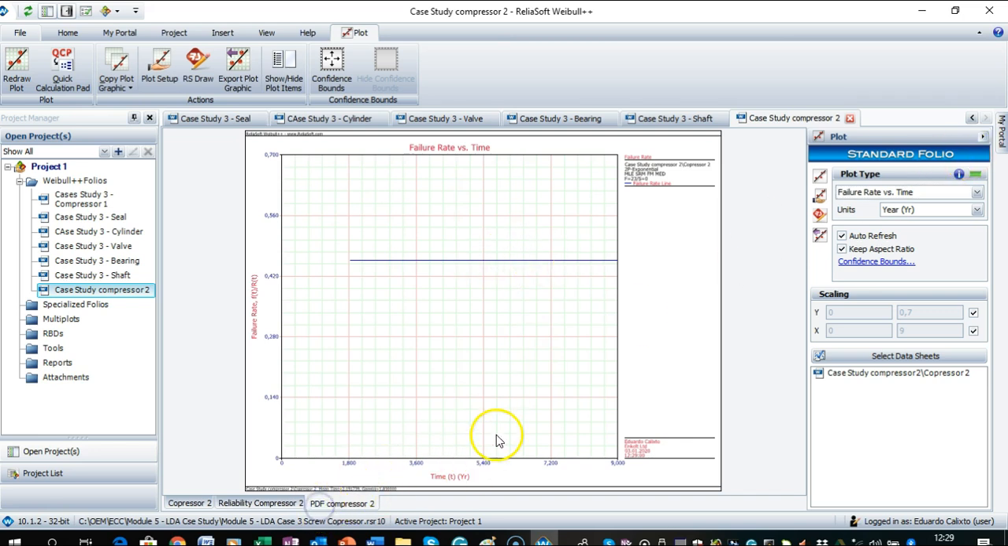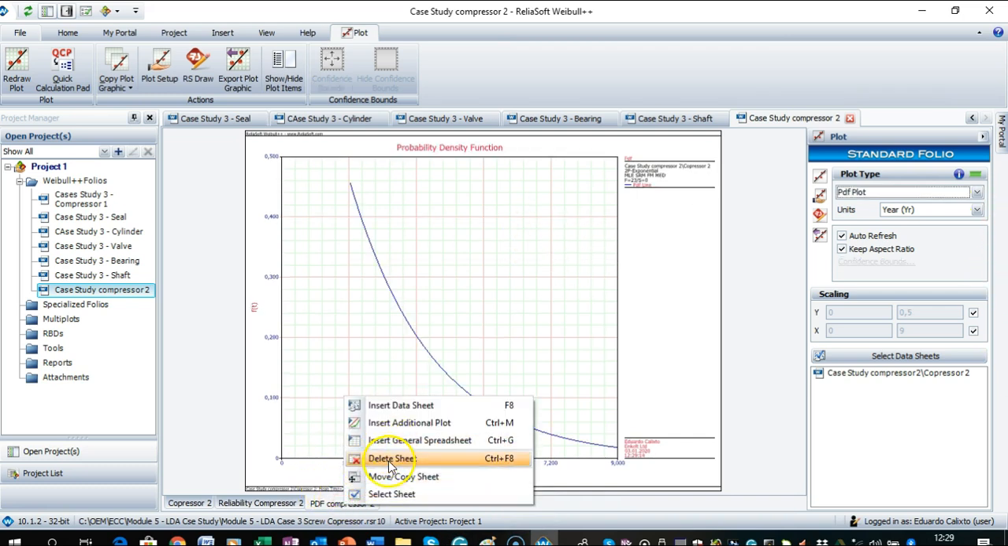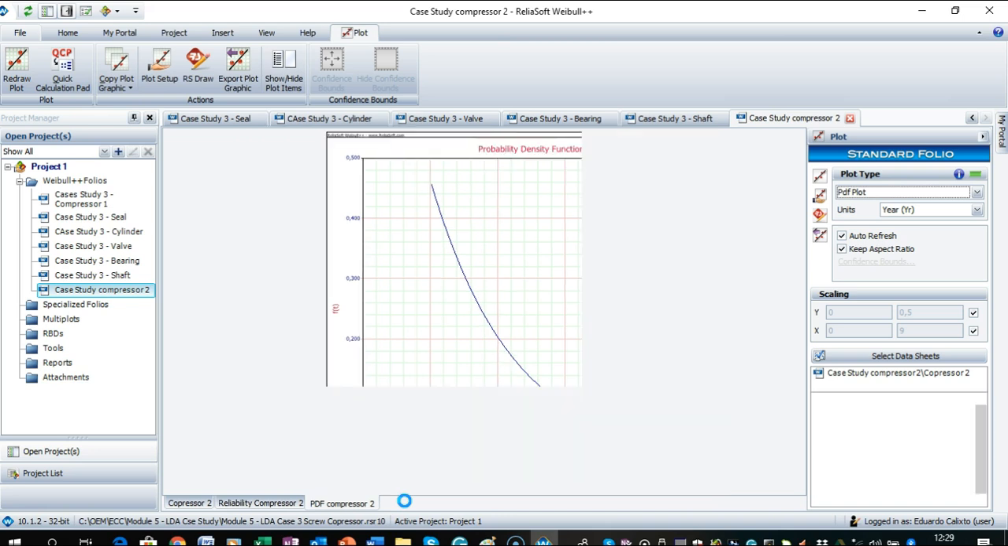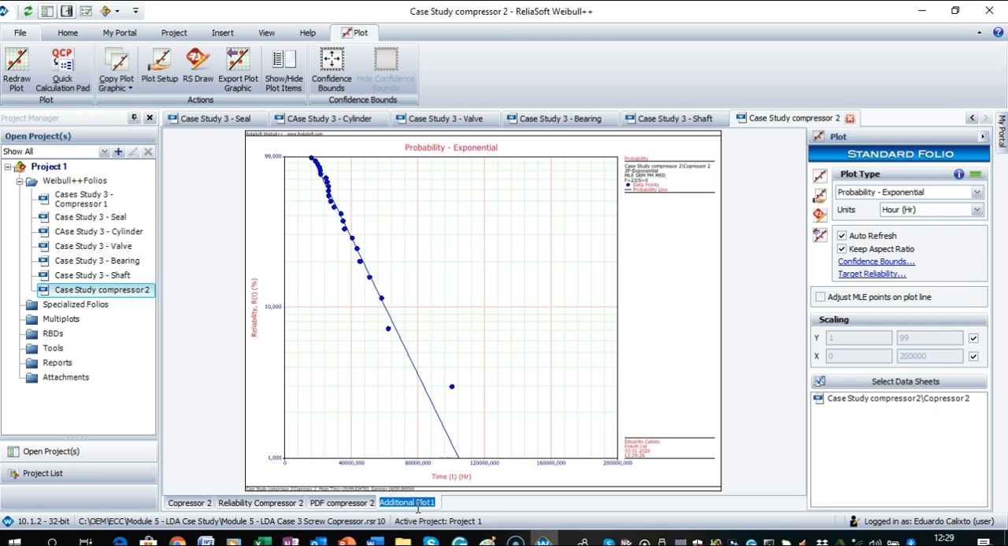So let's come back to the PDF here. Let's create one graph with failure rates. Just to confirm, and just for the learning process, how do the PDF, the reliability, and the failure rate function work? Now we are creating the failure rate of compressor 2, and that's a type of analysis that will not give too much information when we assess,